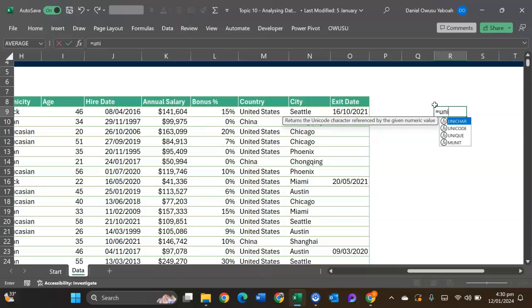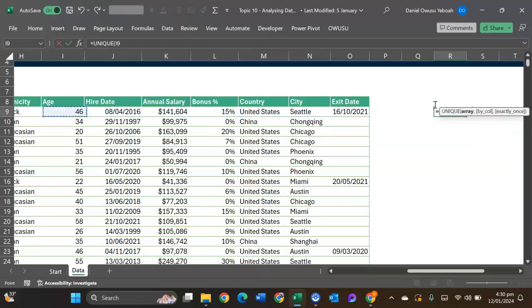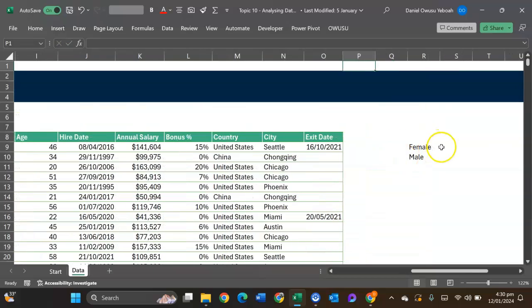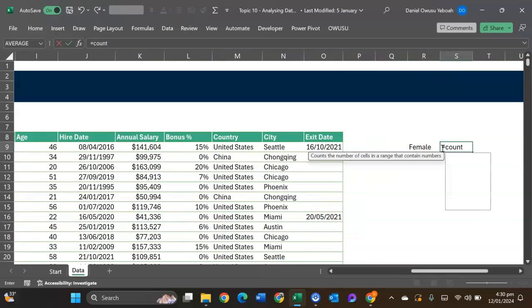So first I'm going to do a UNIQUE. UNIQUE is a function available in 365 and the current versions of Excel. So UNIQUE. Let's go up. So we have female, we have male, and then I'm going to do COUNTIFS. So COUNTIFS,